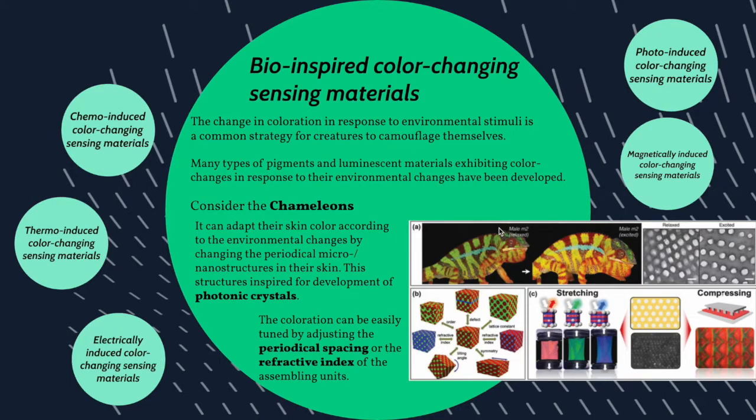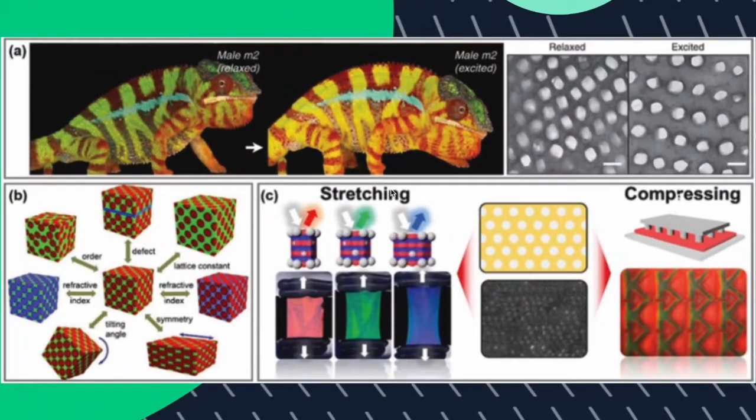Okay. Like for example, this chameleon, if we see in the zoo, the left side is when it is relaxing, and the right side is when excited. So you see the brightness of the color change. So in microscopic structure, okay, for the skin, chameleon